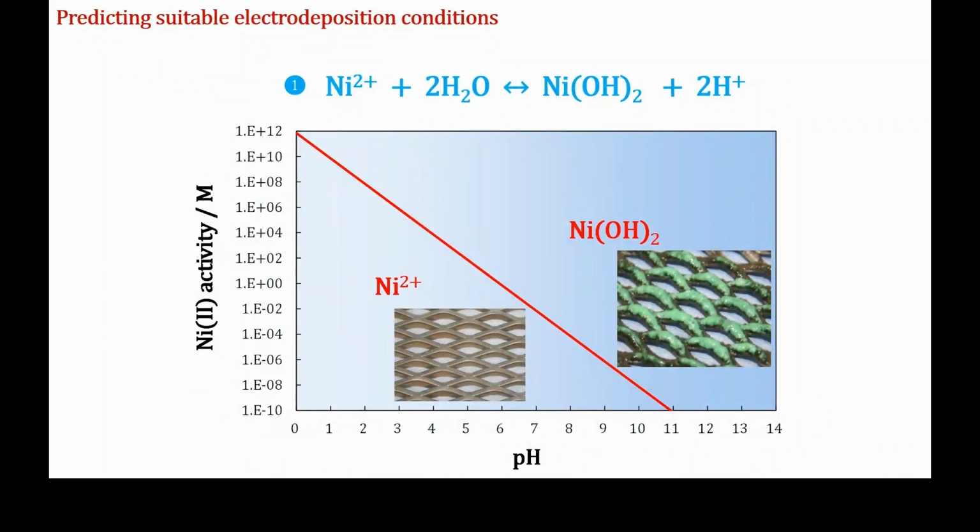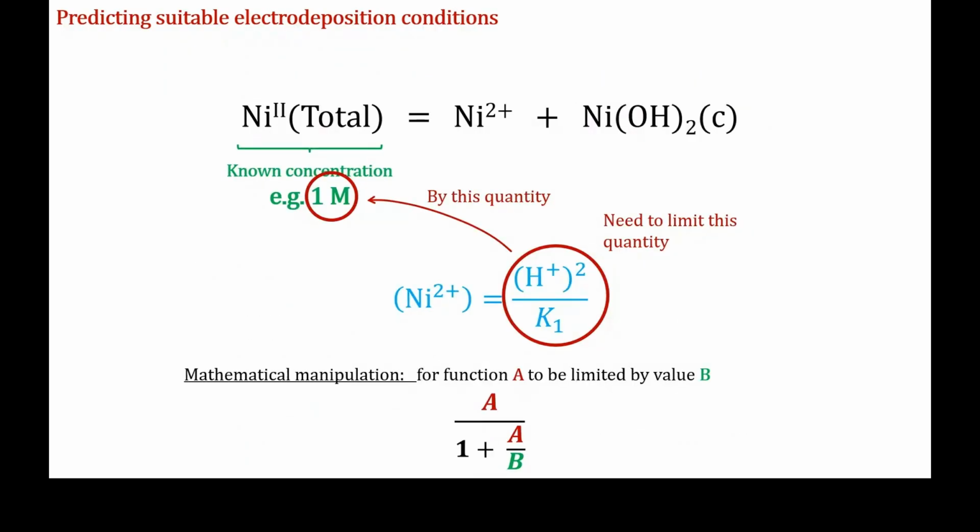So this calculation is not constrained at the moment by the total amount of the salt that we actually put into the solution in the first place. So let's say I make a plating bath with 1 mole of nickel 2+, right? That's it. The activity of nickel 2+ cannot exceed that value that I've just put in, because where's it going to come from? So the way to constrain this calculation is to impose a limit on the nickel 2+